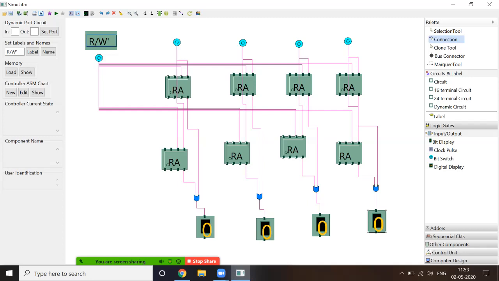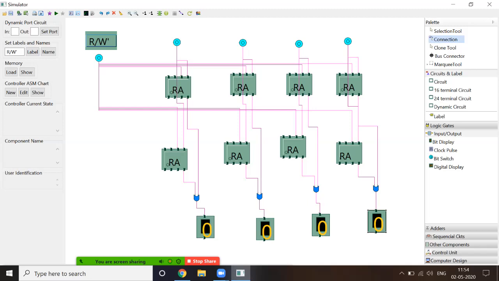Output is ready, input is ready. We created 2 rows of 4 cells, so we can store the data of 4 bits in 2 rows. Also we have set the r/w button for performing read or write operation. Now the remaining part is which row to select. There is an option like I have to select this row or I have to select this row for performing read or write operation at one time. So there should be some differentiation between this row selection.